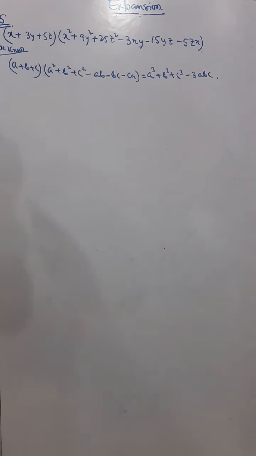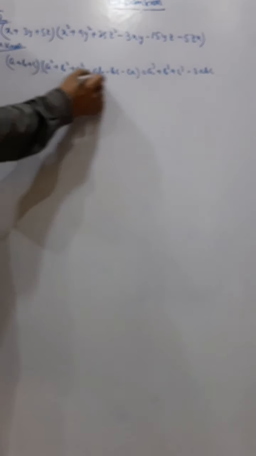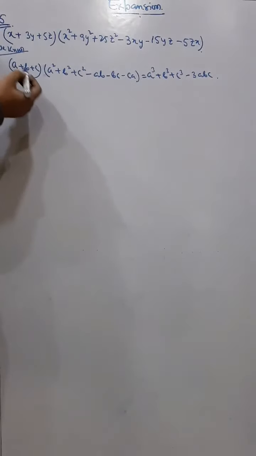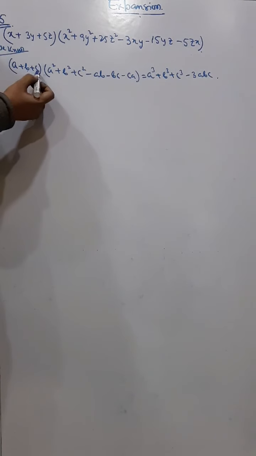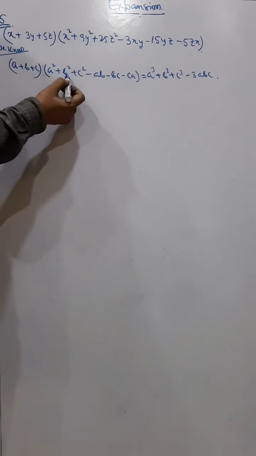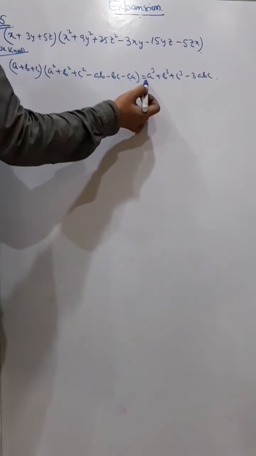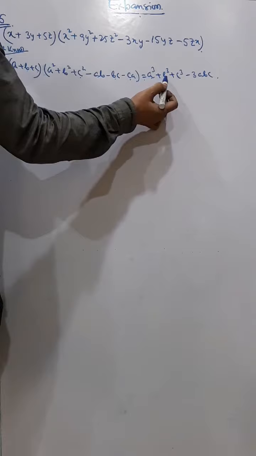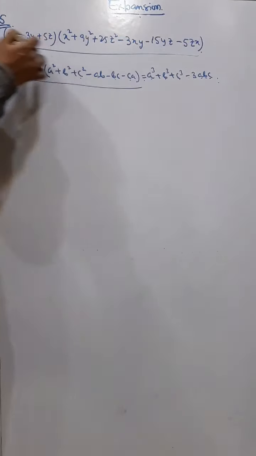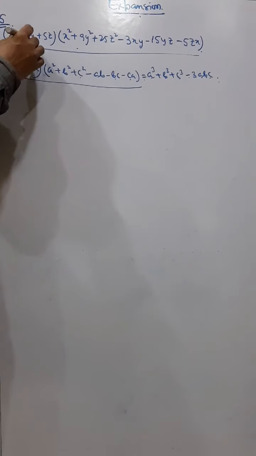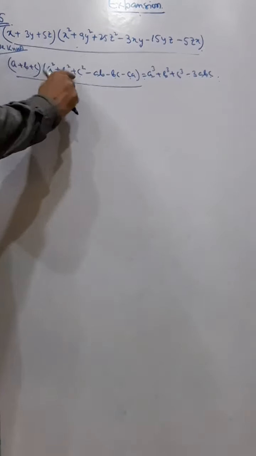Okay, now see this sum. It's a long format, but we will use this formula here. The formula, as you know, is (a plus b plus c)(a square plus b square plus c square minus ab minus bc minus ca), which is always equal to a cube plus b cube plus c cube minus 3abc. So this part is the question, and this equals this. So I'll write this sum in this format again.